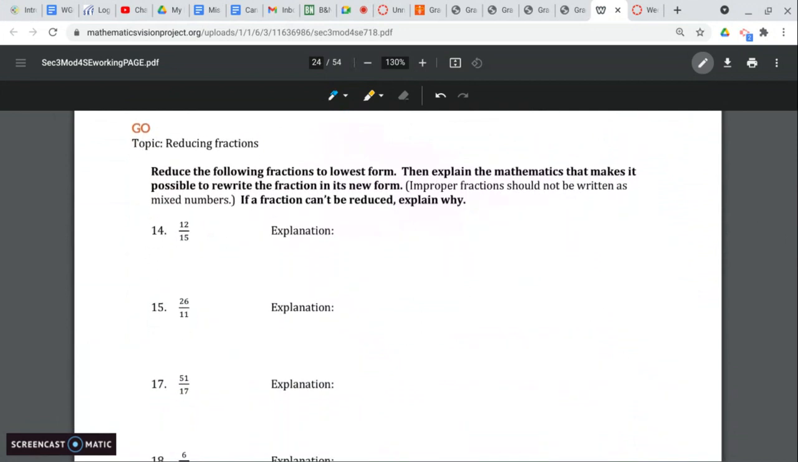Reduce the following fractions to lowest form, then explain the mathematics that makes it possible to rewrite the fraction in this new form. So we have 12/15. 12 and 15 are both divisible by 3. So we divide them both by 3, and we're going to end up with 12 divided by 3 is 4, 15 divided by 3 is 5. So our explanation is just that